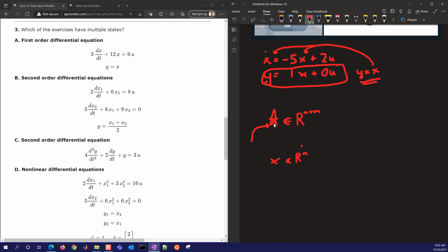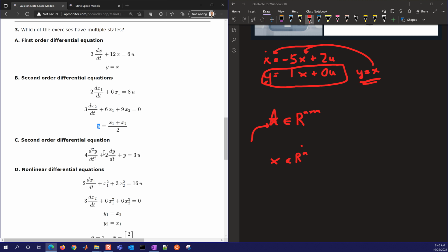All right, so what I want to do here is look at these different systems and see how many x values we have. This very first one has only one x value, because we only have one differential equation. So it's the number of equations, or the number of x values. In this case I have two x values, so I have two states in my system and only one